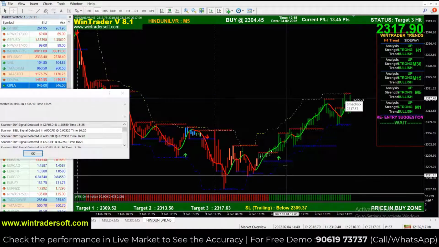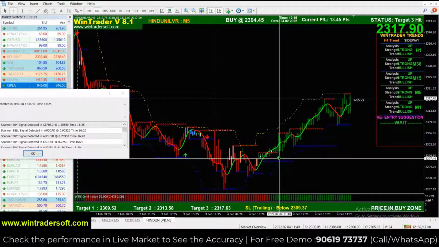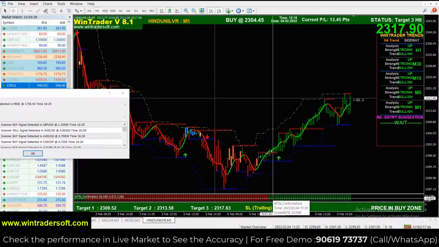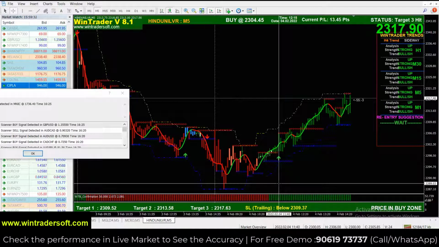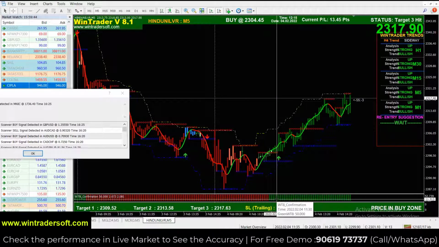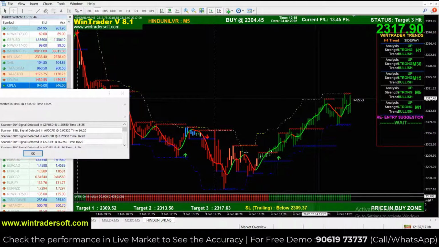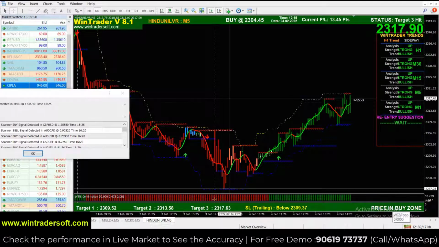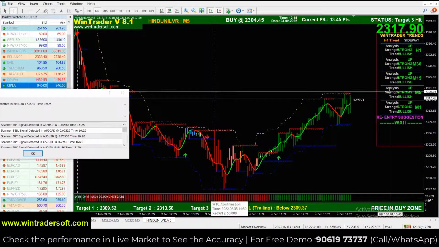The same strategy. If a buy signal is active, first you have to check the price in the buy zone, and if the bar confirmation is okay, then you can directly take the position. You have to wait for the arrow to come. As per the arrow, you have to check the confirmation. If it is a buy signal, then you just check whether the price is in the buy zone. If it is in the buy zone and the bar below is showing green color, then it's a confirmed signal, and you can directly take the position. If it is a sell signal, then you check whether the price is in the sell zone and the bar is in red color, then directly you can take the position.